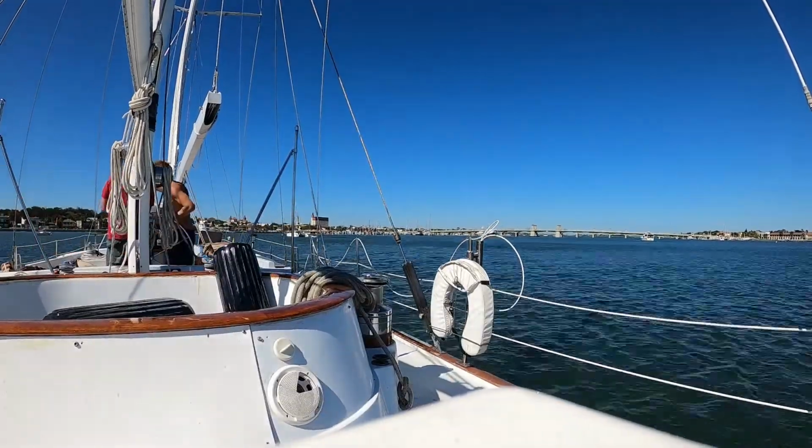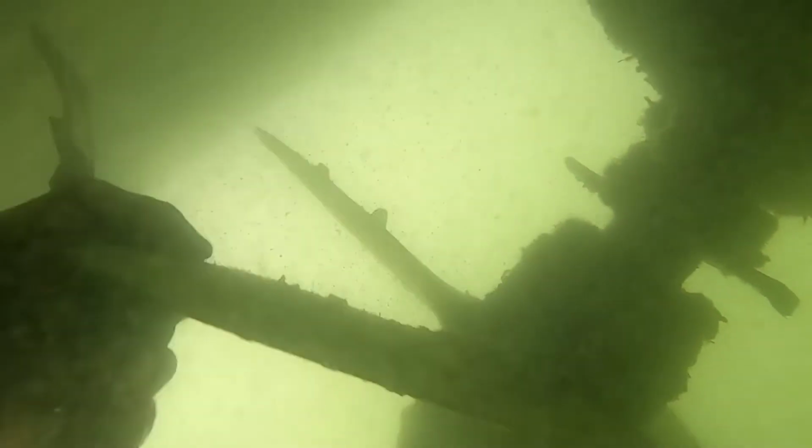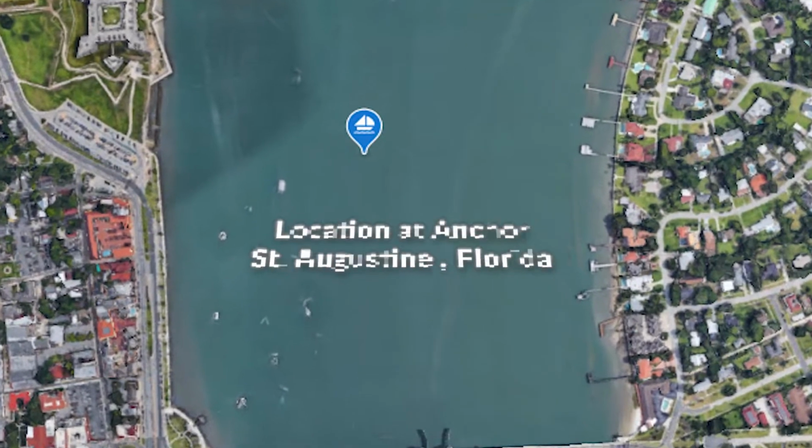He hung out with me for I think a day, and we did some diving on the bottom because that was our first real opportunity to do any diving on the bottom and see what was going on down there. And so I had a couple choices. I decided to go to the north mooring field, and there was a spot right beside the beginning of the mooring field, and that's where I laid the anchor. And I felt comfortable. I had a good enough swing. I was really close to the mooring field, but I sat there for, I don't know, a couple of days,